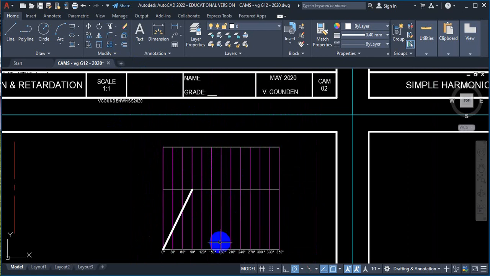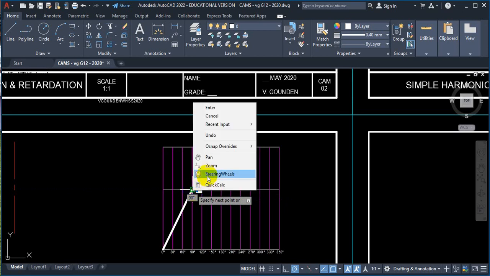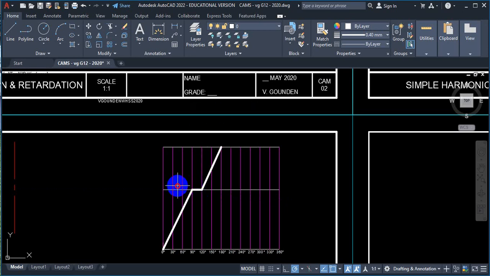That's our 60, because from there to the 60, we said it is at rest for 30 degrees. Over the next 60, which is 30, 60, the follower is then at a total height of 60. So that is 30 and that's 60. So we go here. So let us draw the line which says at rest. There we go. All right. Now that we have that,